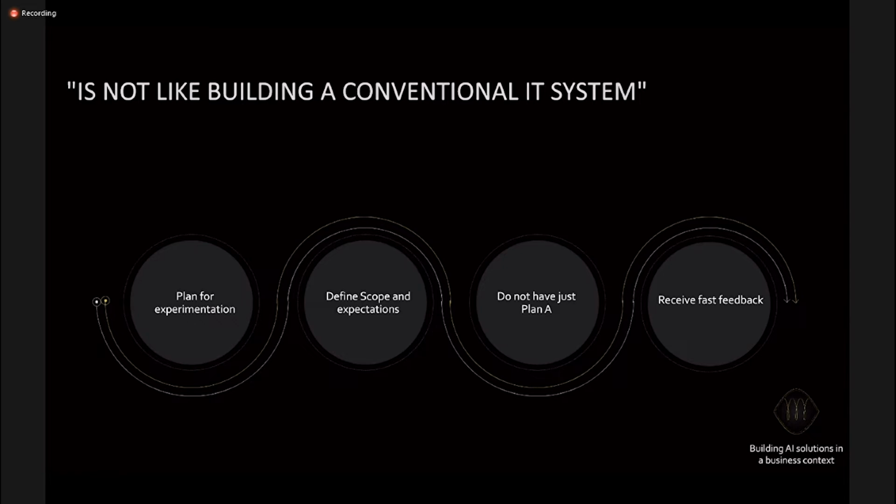And finally, you need to receive fast feedback. That's very important, and it's not just fast, it's fast feedback in every step of the process. So you need to receive fast feedback from your models. Is my model working? Is my data okay? Am I framing the problem okay? But you also need to receive fast feedback on whether